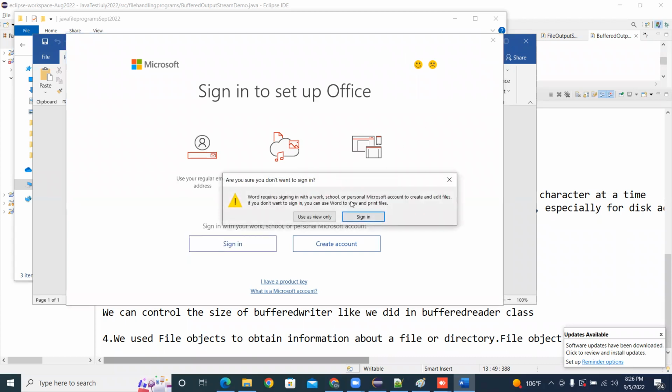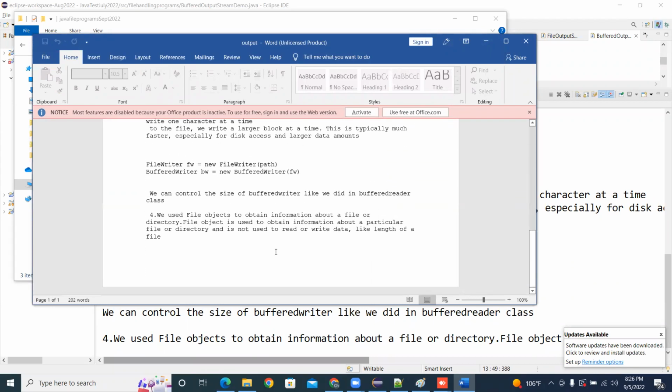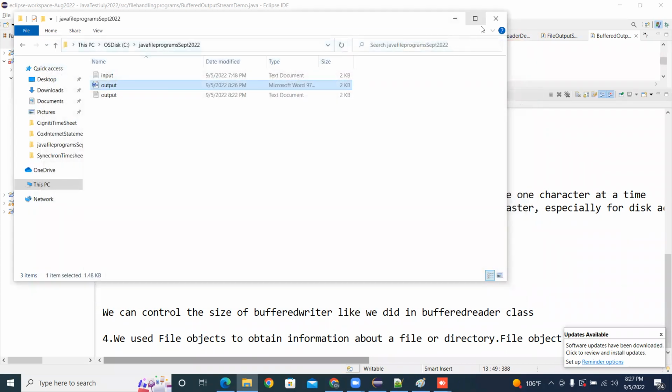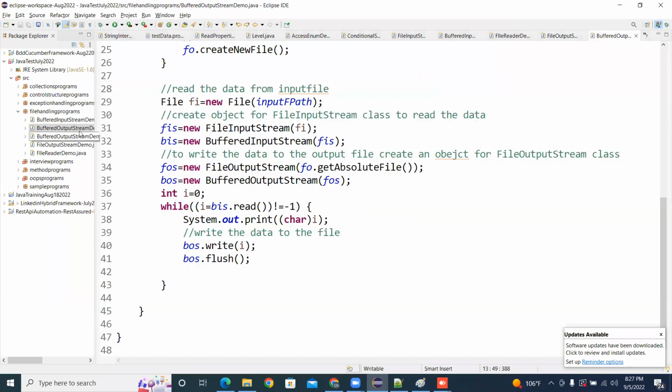Okay, so view only. This is the one, we are getting the same data written to the doc file also. Any file you can read and write the data however you want. Okay, so that's it. And the last program,